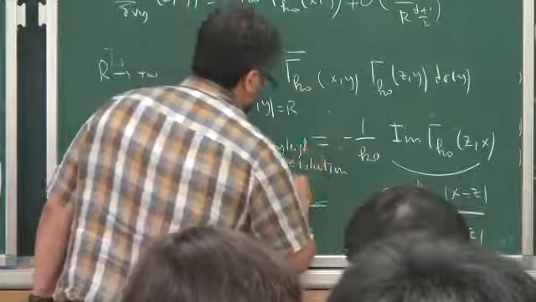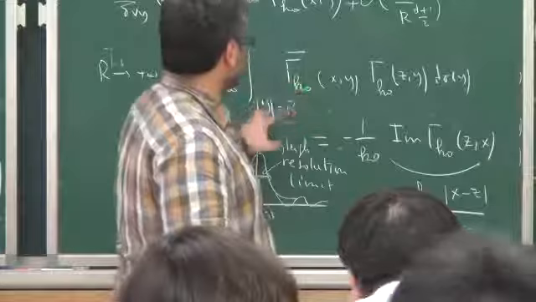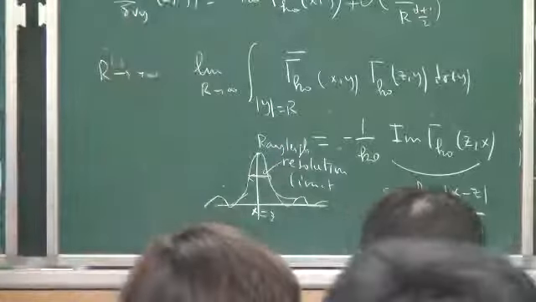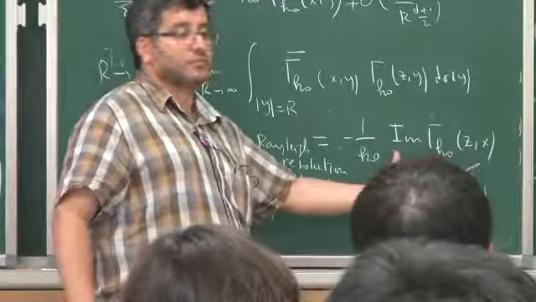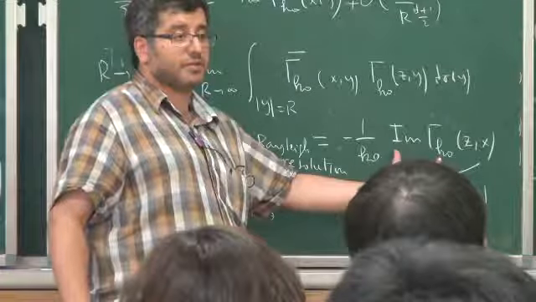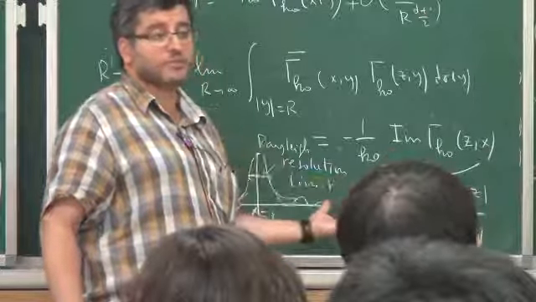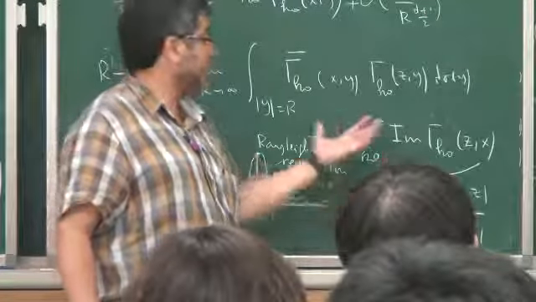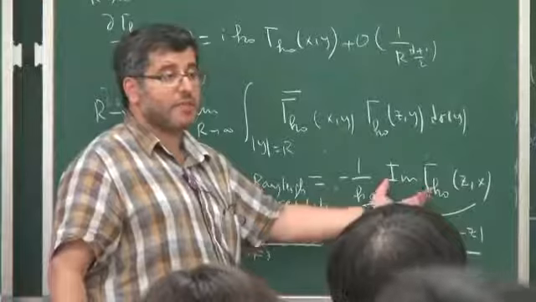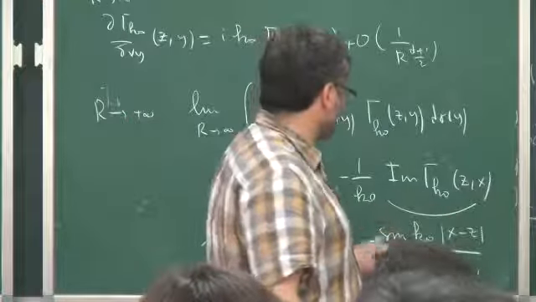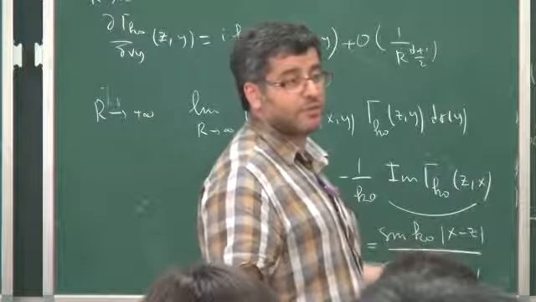I will come back to this resolution limit, because what we can generate from measurements, these are measurements far away from the inclusion, what we can generate from the measurements is this quantity. So we are able to generate the imaginary part of the Green function, not the Green function itself. If we could generate the Green function itself, we would have infinite resolution imaging. But because this is the only thing that we can do, we get the imaginary part of the Green function. This is the sinc part. The other part is singular, but it is lost through imaging.